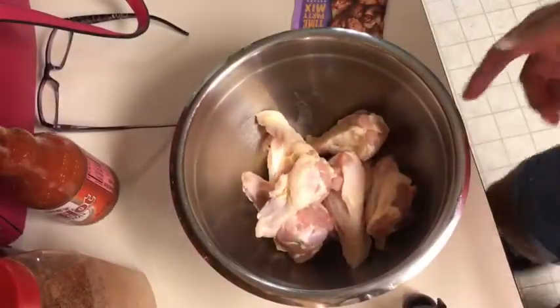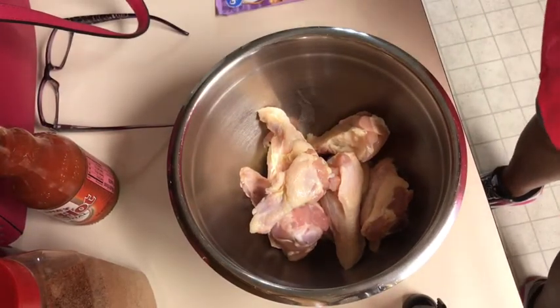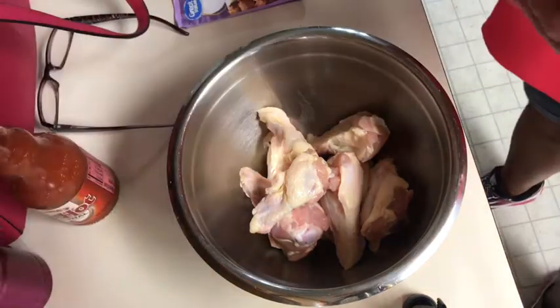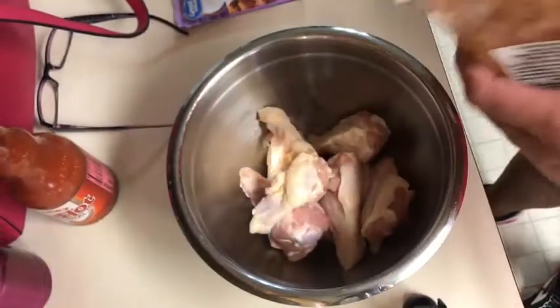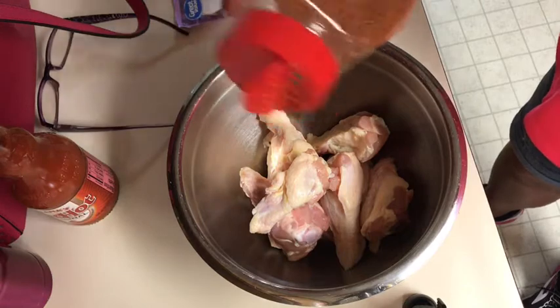Let me show you the chicken wings and what I'm going to do. I'm going to let this marinate a little while Ella's at school. Let me turn the camera around and show you what I have. It's about 1.5 pounds, and this packet actually says for 2 pounds, but that's okay. I might be making a mistake, but I'm going to add just a little bit of my Cajun's Choice seasoning. I'm going to be very careful not to over salt it,